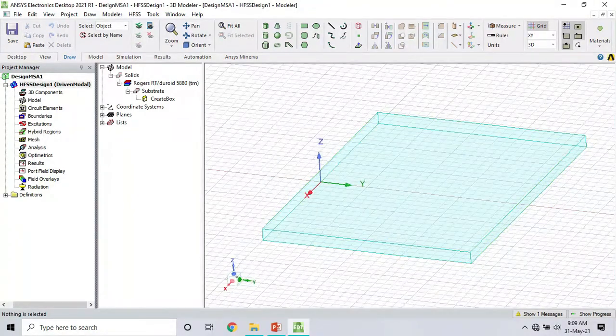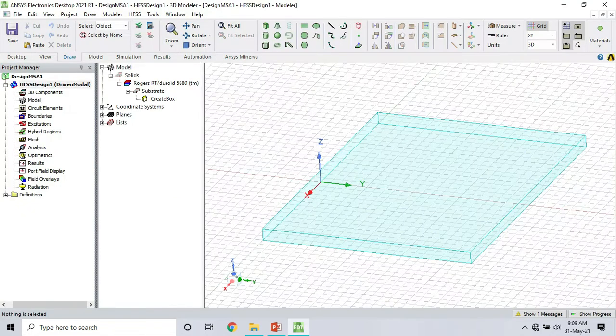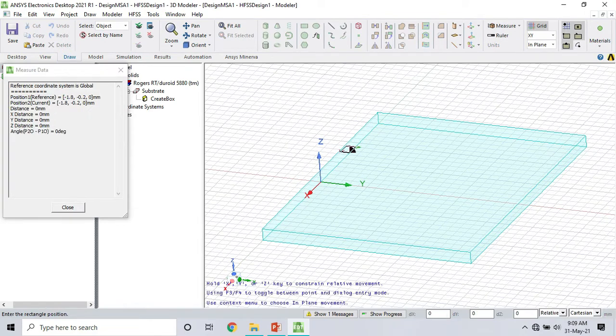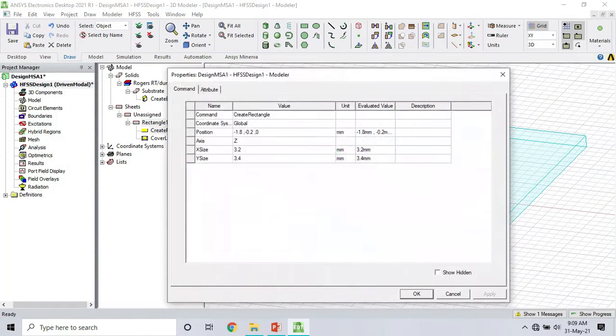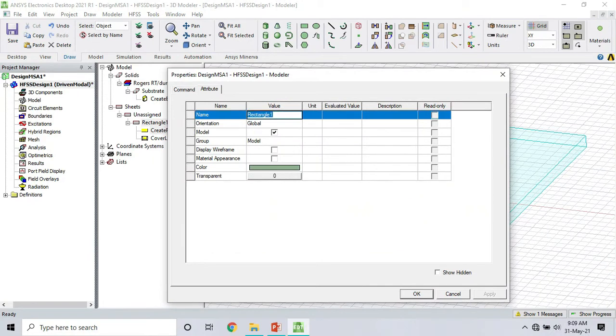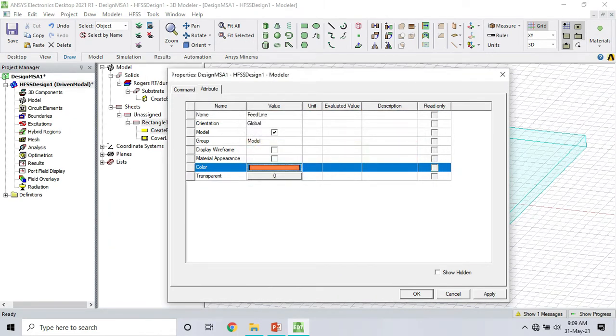Right, okay, let's go to the top patch, WF and LF, that is the feeding line. Take the sheet and design a rectangle. Right click, properties, that is feed line. Let's change the color. Okay, apply it.